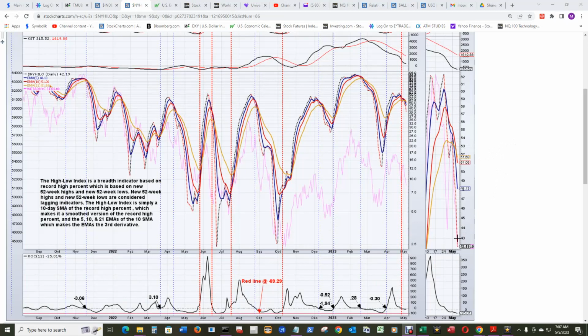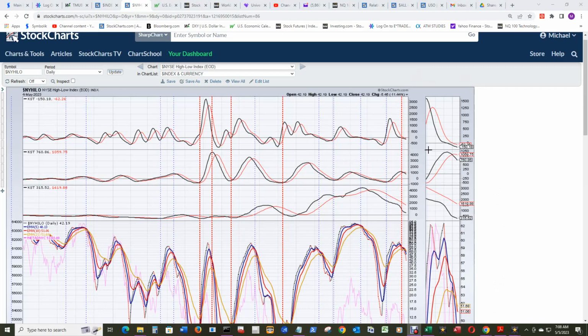And again, no inclination whatsoever of the New York high-low index, dotted here, hooking around and heading up, similar to the NASDAQ composite. And the ROC 12 is well below zero at negative 25.01. And the short, intermediate term, and long term KSTs are all headed down, maybe even more of a downward inclination on the long-term KST here than in the NASDAQ composite. So it's the big fat cap mega techs that are going to take us there in the NDXHILO.